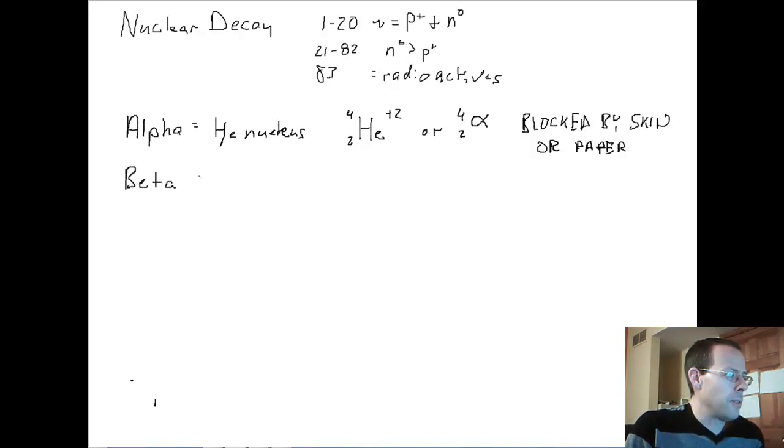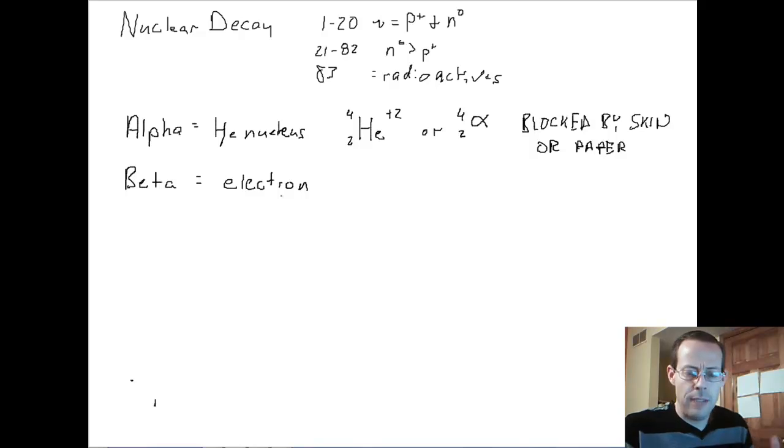And a beta particle is simply an electron. So betas are electrons. But instead of those electrons coming from the outside, it's actually coming from the inside. And the electron arises from a neutron turning into a proton. So if I were to put that graphic back up, if there's too many neutrons to protons, if that ratio is off, sometimes that neutron can actually decay, and it turns into